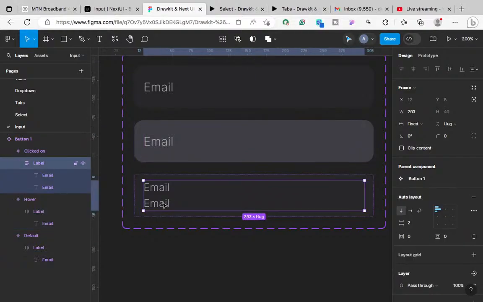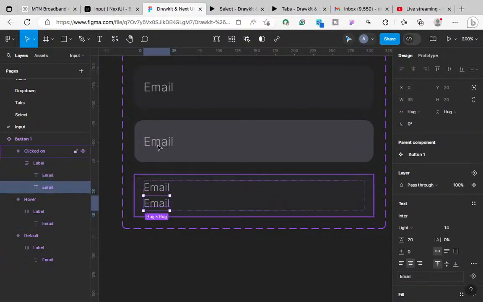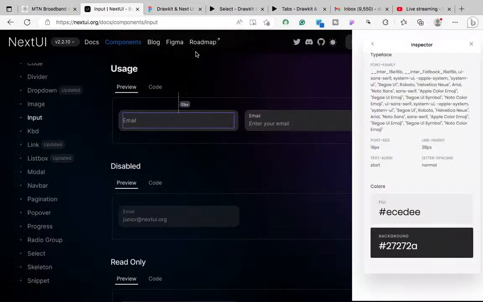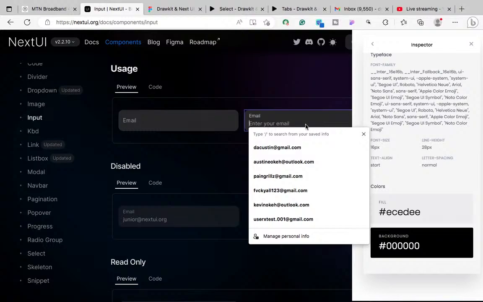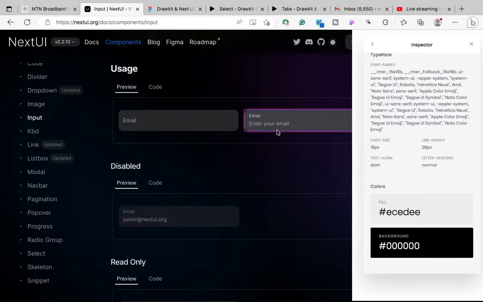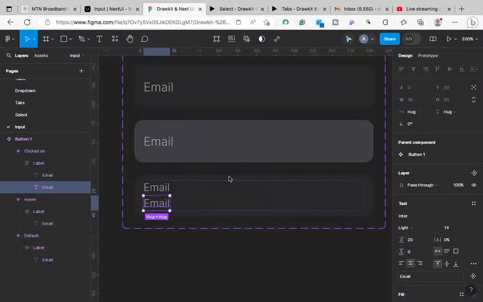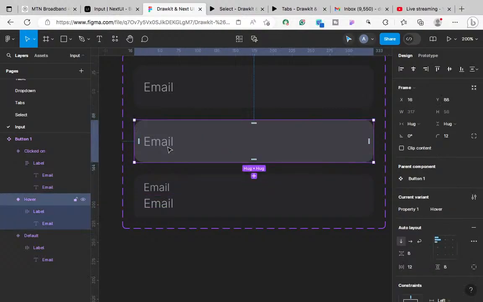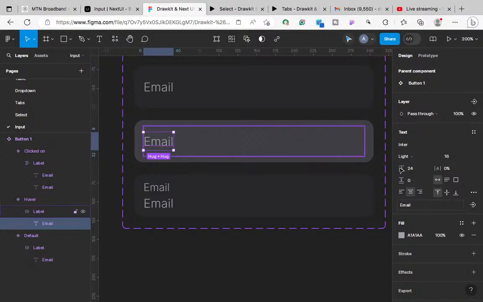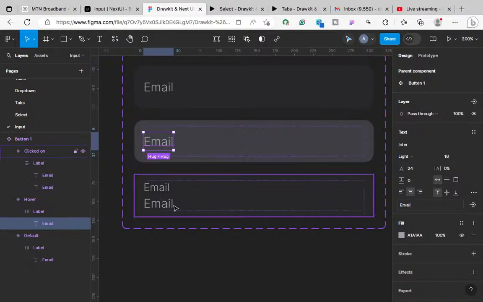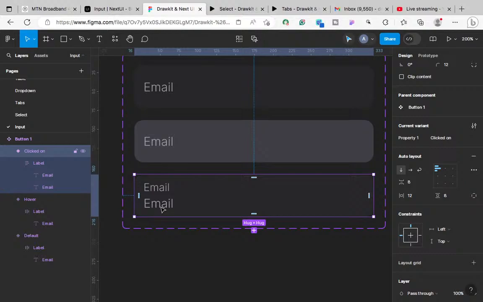So we're not done. Let's go back to the design and check out these two again. So this is what, 14 pixels by 20, and this is 16 pixels by 28. So the bottom one is 16 pixels, right? So let's make this one 16 pixels. Wait, I think this is also 40 pixels. Oh, this is 16. I thought it was 14. Okay, no stress. So we'll make this 16